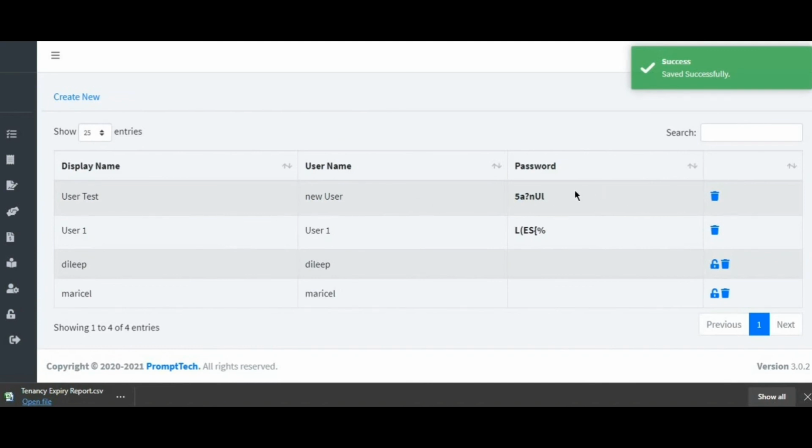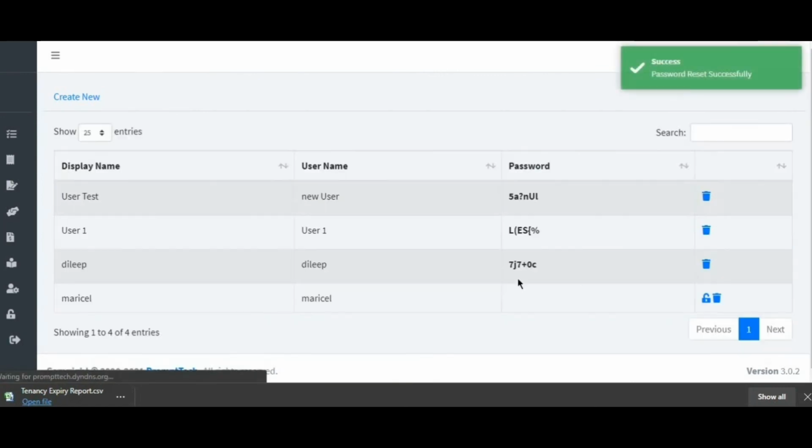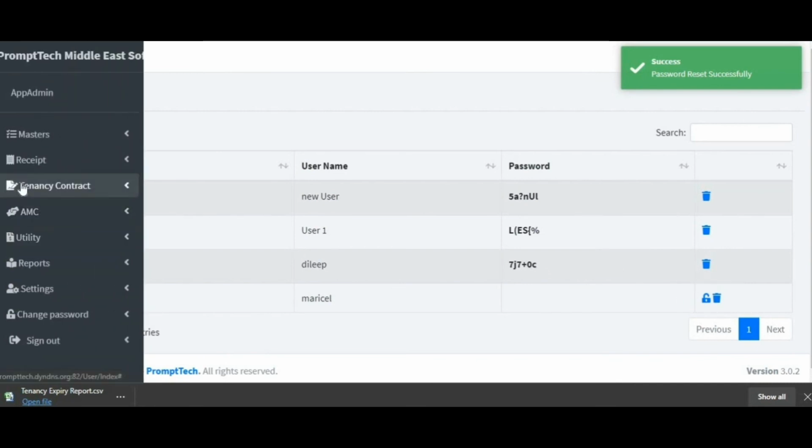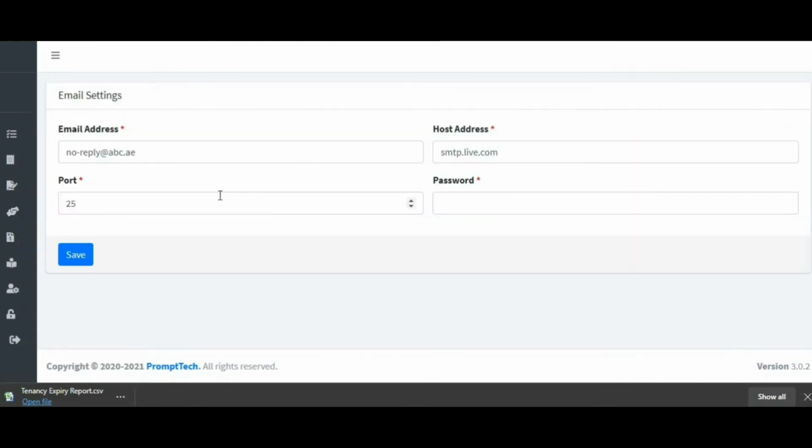Next is the users. As I said, you can create users who can access this software. You can create the display name and even give them IDs over here. I'll just take an example: user number 1, user test, and ID number. You can see role number 1. I have added role name 1 over here, but it shows it already exists, so I'll just change it. I'm changing it.